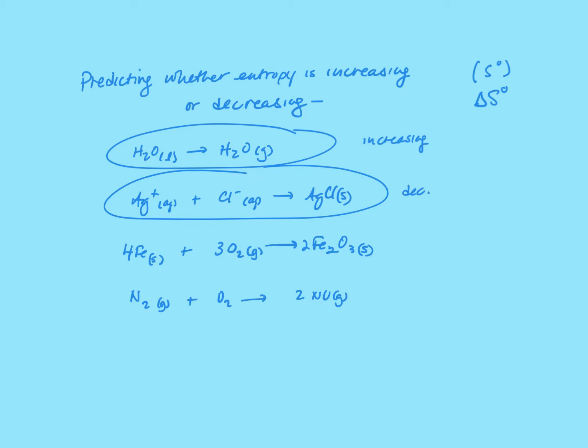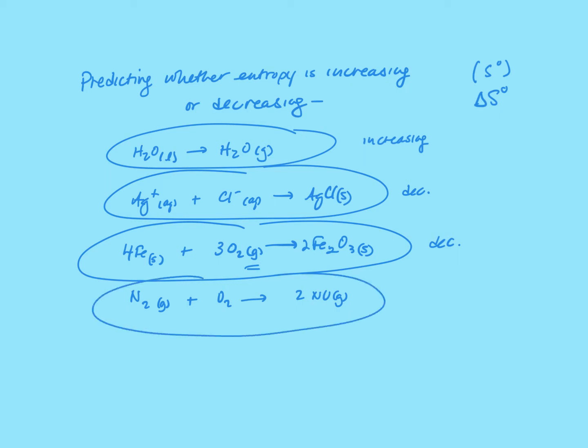Okay? Here, you notice that I have some gas at the beginning that I don't have at the end. And so I'm going from a system for which part of the substance is in the gas state to no gases. Therefore, entropy is decreasing here. And this one is a little tougher to determine. We have 2 molecules here. They're all in the gas state. And I'm going to say that we really can't tell if we don't have some data for this one. So it's really not possible to have a clear qualitative prediction.